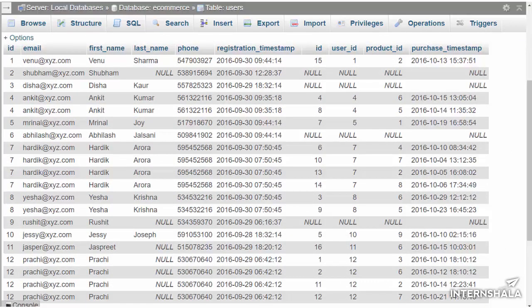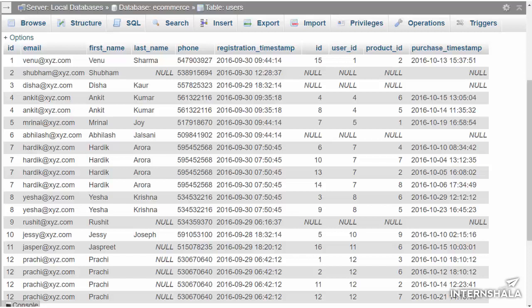Remember, if we use inner join, the result will not have these rows if there was no entry in the user's products table. But in left join, the result has all the entries from the first table and corresponding entries or null values from the second table. Also, some users have multiple entries because they have purchased multiple products, just the way it worked when we executed inner join. Note that left join strictly has different properties for the first table and for the second table.